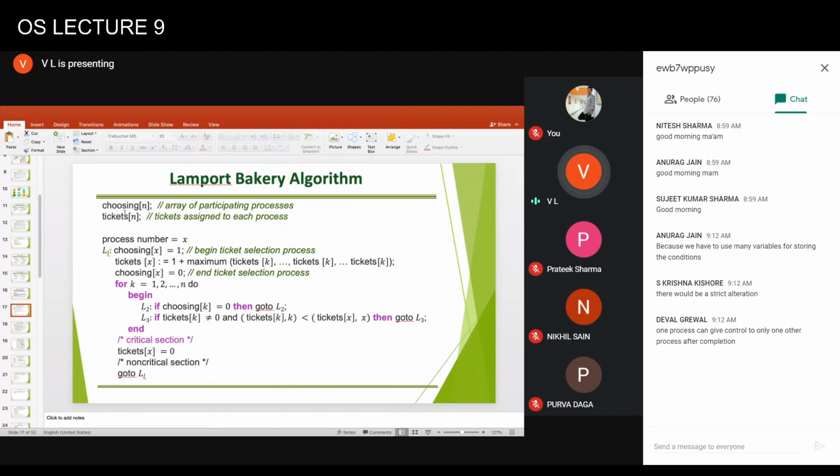Initially, there are two arrays, choosing and tickets. Choosing indicates whether a process wants to participate in the critical section process or not, and ticket is the ticket number assigned to it. Each process has its number. When a process wants to enter a critical section, it sets its choosing equal to 1. Then it will select the ticket number, the maximum of